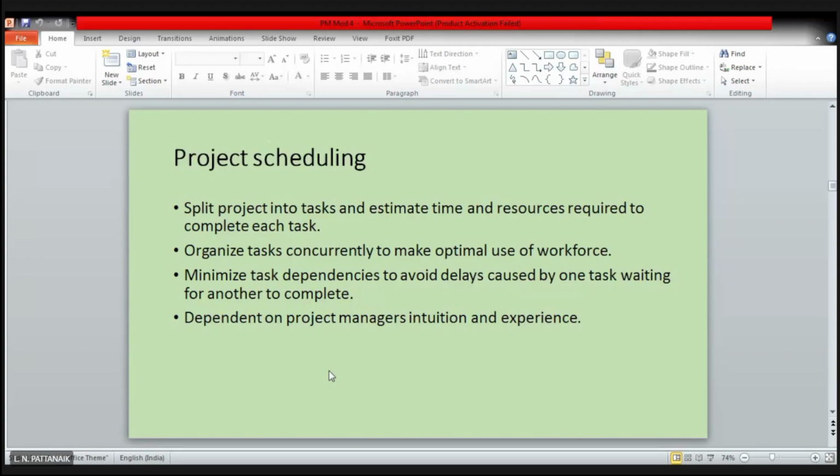So these are the project scheduling activities that you have to do. You have to split, you have to estimate the time, you have to organize the tasks concurrently to make optimal use of the workforce, and minimize task dependencies to avoid delays caused by one task waiting for another. If there is no pressing need to make one activity depend on another, then why would you put that in your project scheduling? If it is technically required that it has to depend, and there is no other way,